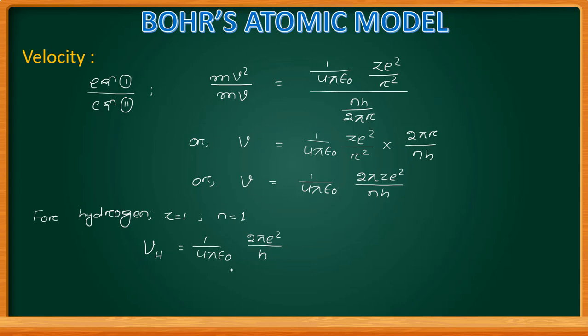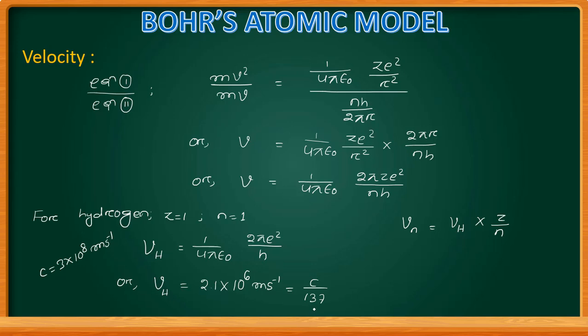And by putting these values we can get the velocity of electron in the first orbit of hydrogen atom is 2.1 into 10 power 6 meter second per minus 1, or you can also write c by 137. Then what is c? c is our velocity of light in vacuum. That is, as we know, c equal to 3 into 10 power 8 meter per second. Yes or no? In general, we can write our Vn is equal to V hydrogen, actually first orbit, into Z